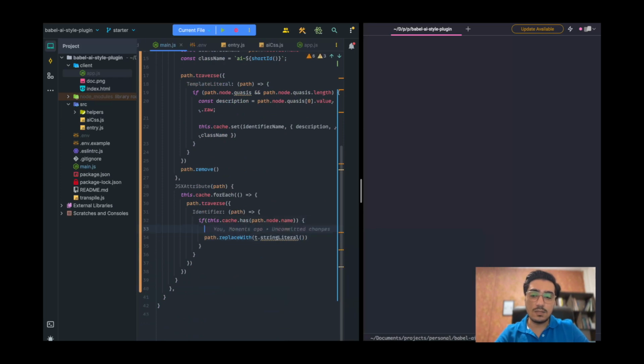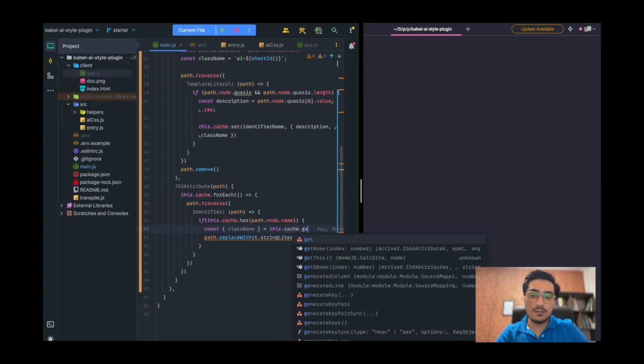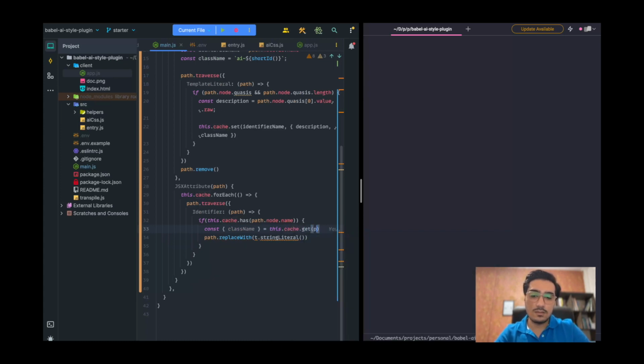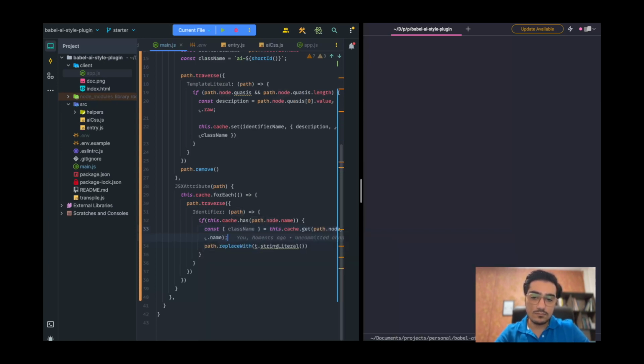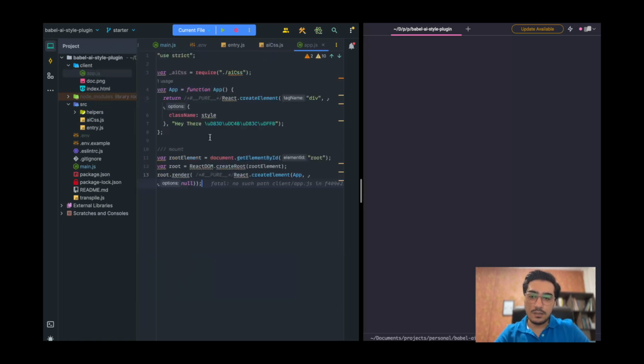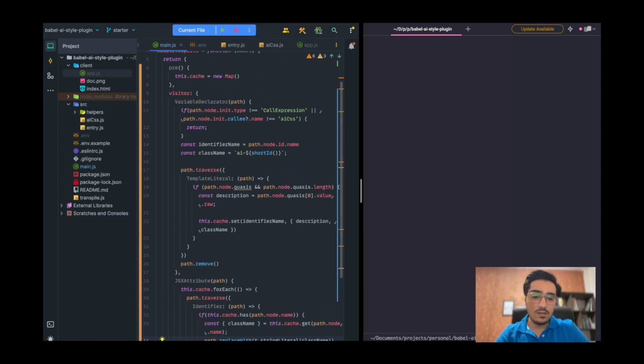I'm gonna find the thing from this dot cache, get pass node name, and give it to this, just like that. So we need to change this style to the class name that we generated before. If I run it again,